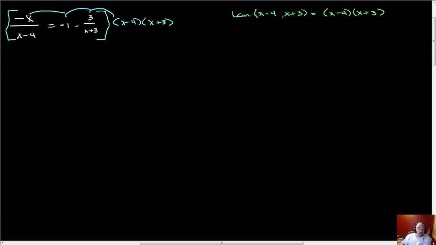And so as I move through, I'm going to take this whole piece as one unit and bring it through. This x minus 4 here will cancel out the x minus 4 on the bottom here, leaving us with the negative x and then the x plus 3, equals negative 1 times that stuff, because nothing cancels,